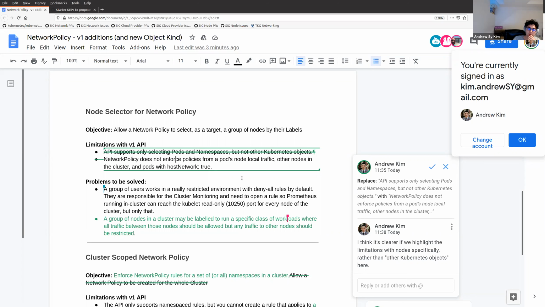But then it also does raise concern that if we did add node selectors in the APIs, then there would need to be an easy way to say allow from local without having to know ahead of time what the label selector for the current node is. There needs to be some built-in API field that says deny from all other nodes but allow local, because maybe you need it for liveness probes or whatever. And it also sounds like the default should be to allow node local always, to not break existing